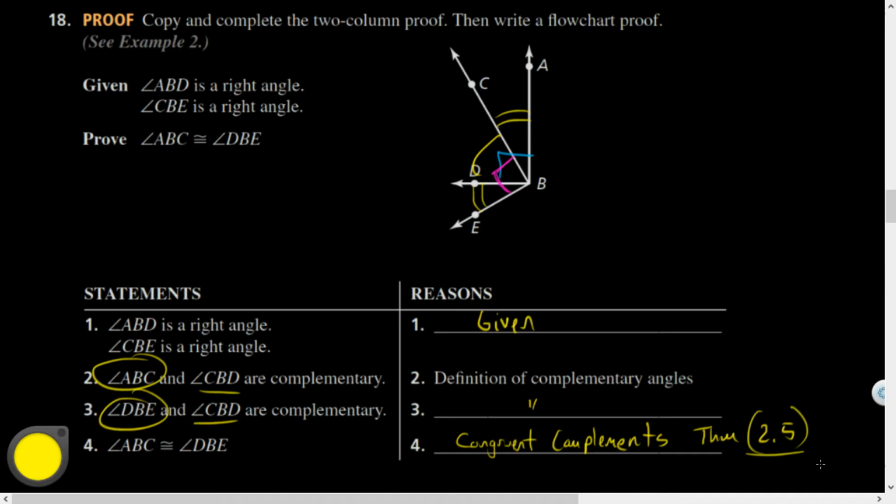So if you say, hey, theorem 2.5, when you're on the street doing geometry proofs like you do, no one else will know what you're talking about unless they're like, hey, you read Big Ideas by Ron Larson too? And then you'll become best friends forever. But other than that,